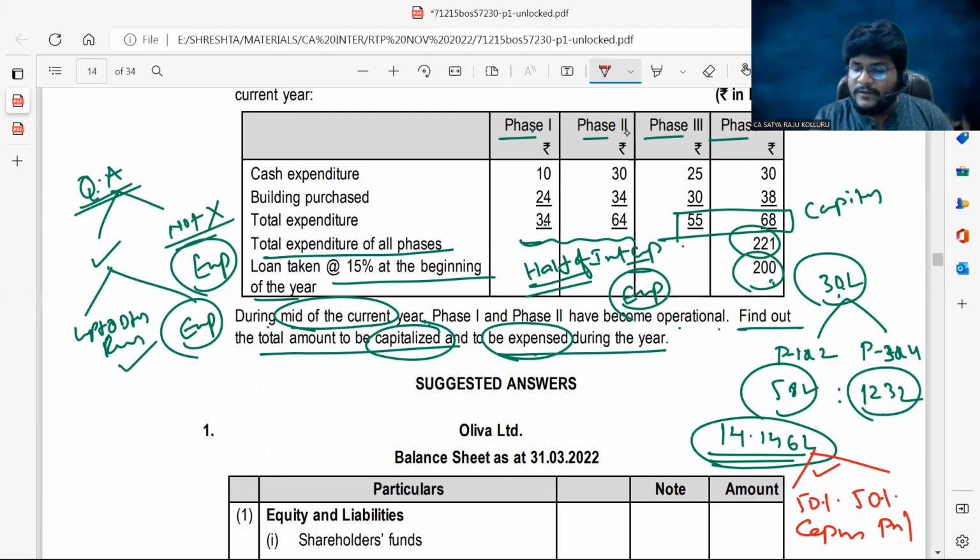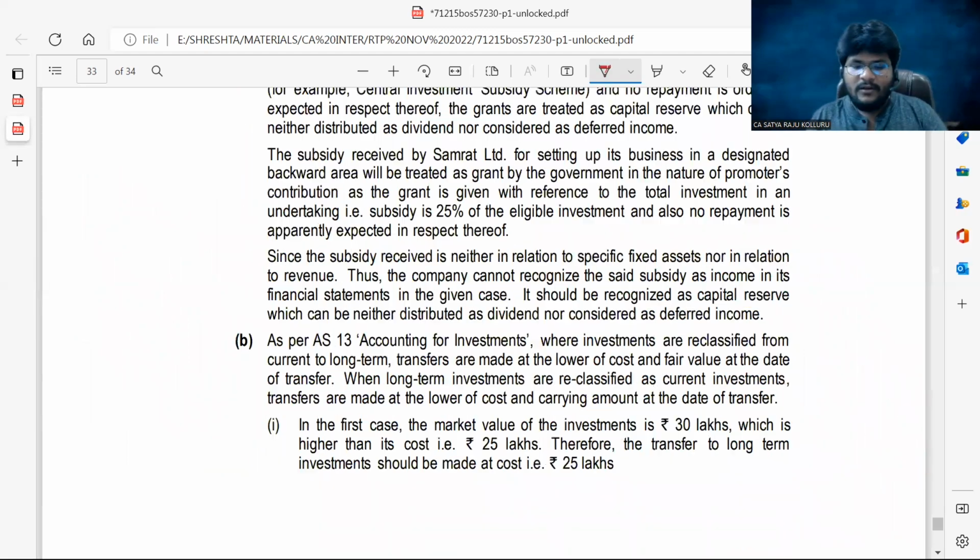Sir, what about phase 3 and 4 related interest? That is 30 lakhs minus 14.14 lakhs. That is 15.86 lakhs, entirely capitalized. Now from this, the entire information only, that is around 7.7 lakhs only transferred to the P&L, and the remaining interest should be capitalized. Find out the total amount to be capitalized and expensed during the year. Let me cross check the answer with